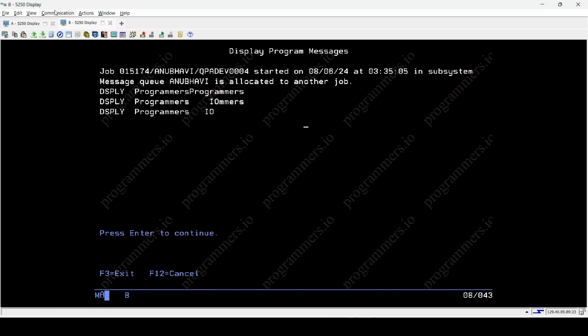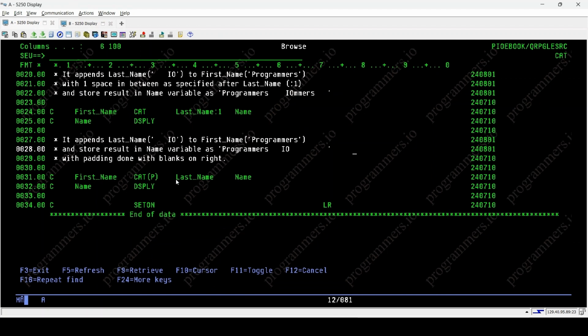In conclusion, the CAT P operation in IBM RPGLE provides a flexible way to concatenate strings while managing padding effectively. Whether concatenating strings directly or with specified positions, CAT P ensures consistent formatting and alignment, crucial for maintaining data integrity